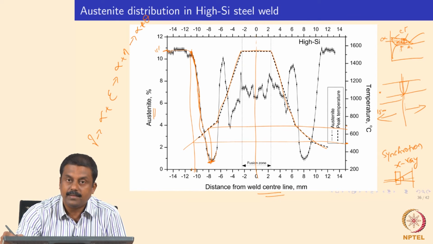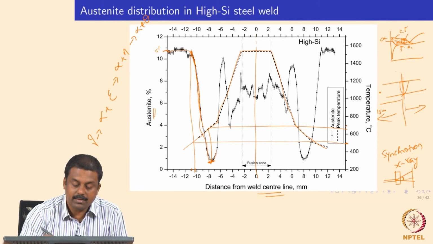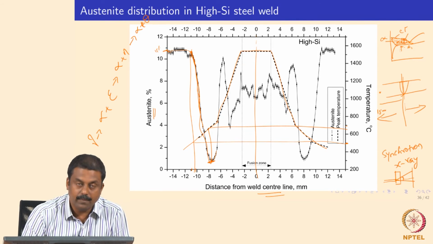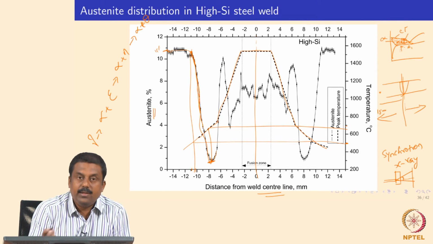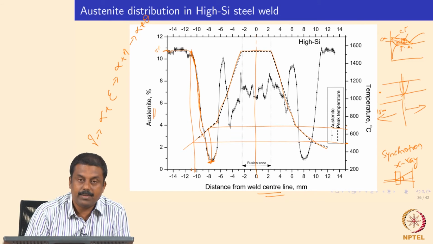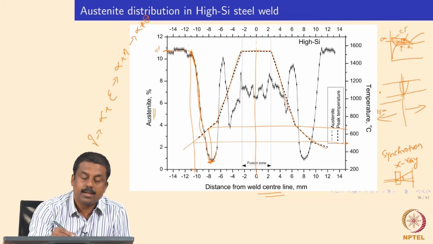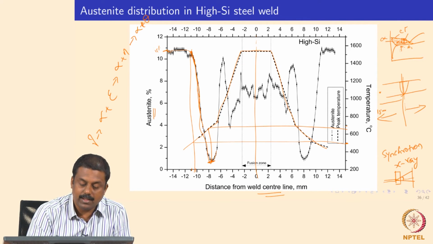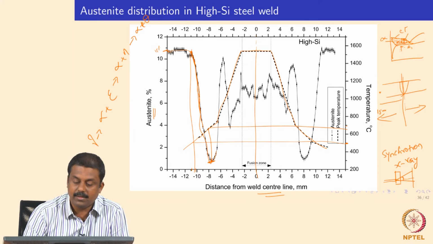That means that the stability of austenite increases. Okay. Subsequently, when you cool back to room temperature, this retained austenite can be stable. Whereas at temperatures below the A1 temperature, austenite is not nucleating. So what happens then? Austenite is not nucleating. That means whatever austenite is present as retained austenite will decompose completely, and you will lead to almost 0% retained austenite in the regions where the temperature is below the A1 temperature.